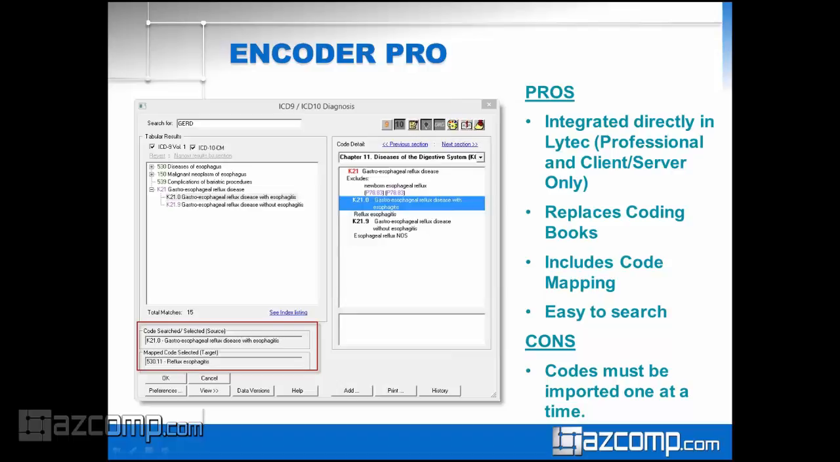I love the search capabilities. I love all the extra tools in it. So there are a lot of pros to that, and of course, the fact that you're not going to have to spend money on coding books, because you can get all that same information in Encoder Pro is another great feature. If there's a downside, besides if you happen to be on the single-user or multi-user version, where you'll get more limited functionality in Encoder Pro,